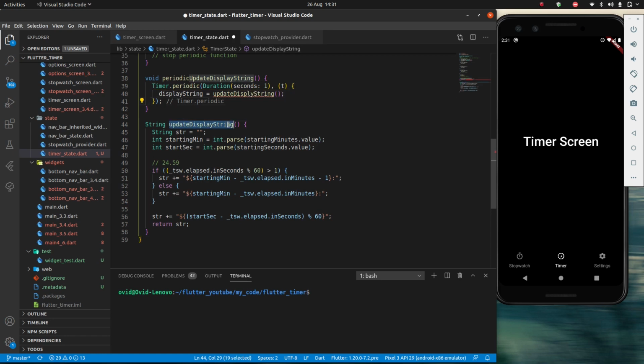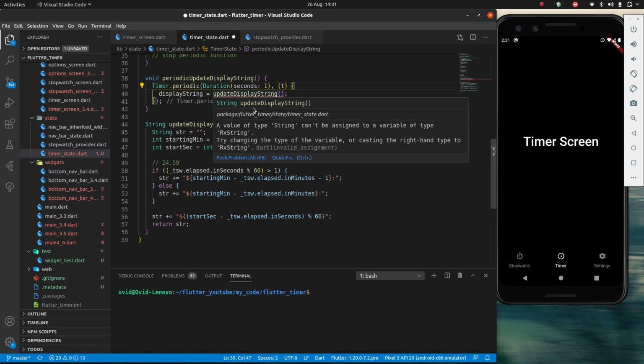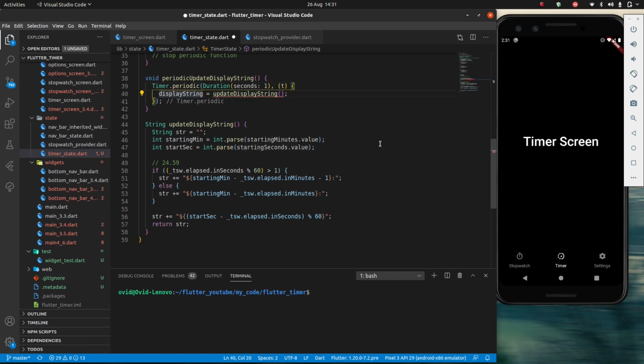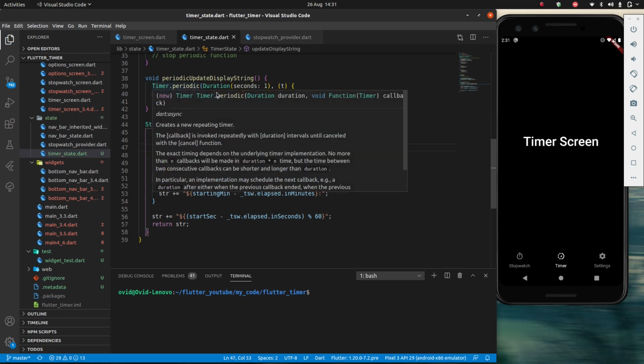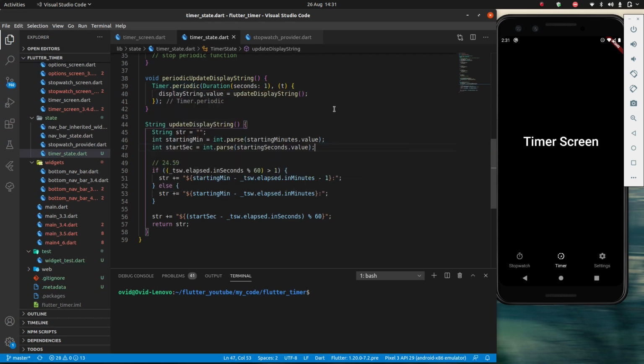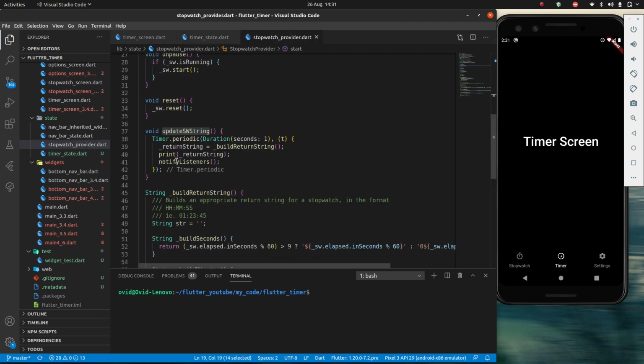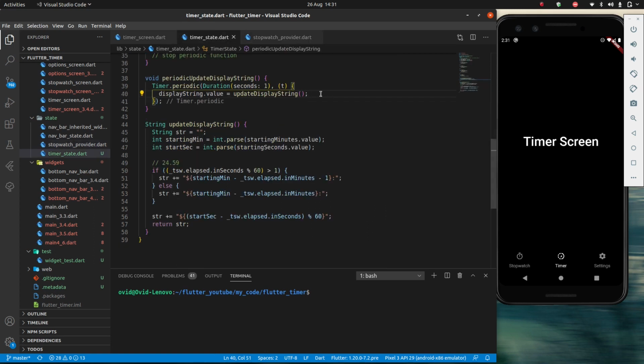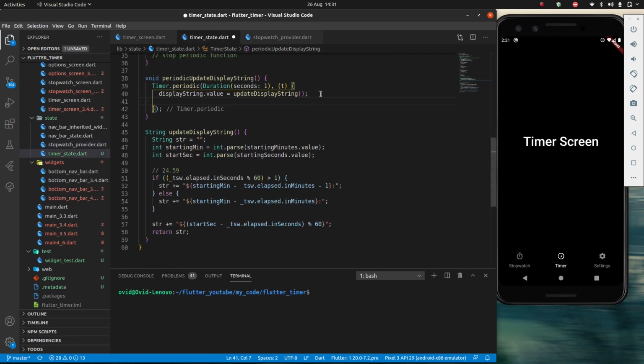And even if I name this correctly, it's still going to give me an error, because, same as before, display string is an RX string and update display string is a regular string, so they're not the same thing. So instead, to update the value, same as last time, I'm going to have to do dot value over here, and that is going to make it work. Notice that unlike this time, I don't need to use notify listeners, I don't need anything like that, so that's all fine. And I am actually going to just print the display string value,